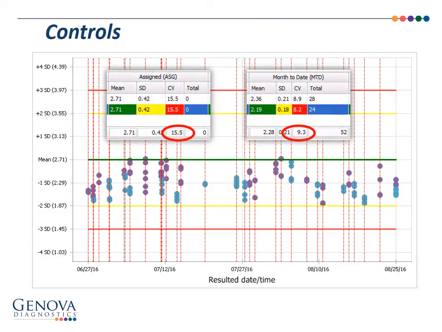So you can see here our assigned mean is 2.71 with a CV of 15%. But in the last 2 months, the mean is actually running at 2.28 with a CV of 9.3%. So in this case, it looks like it's been pretty steady for the last 2 months. So I'd probably adjust the mean down and then adjust the CV to say 10% to be more representative of